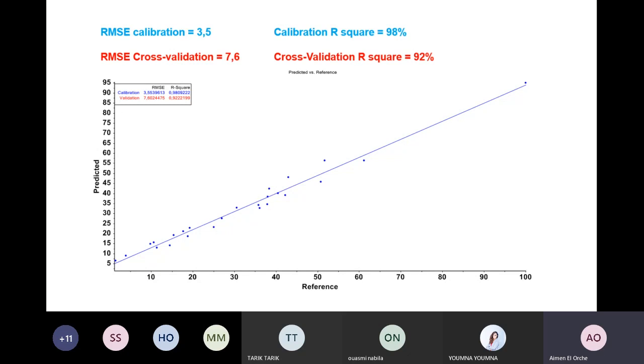These results are considered to be very performant, and the comparison of statistical parameters of the two regression methods shows that the PLS regression presents a good performance for the prediction of